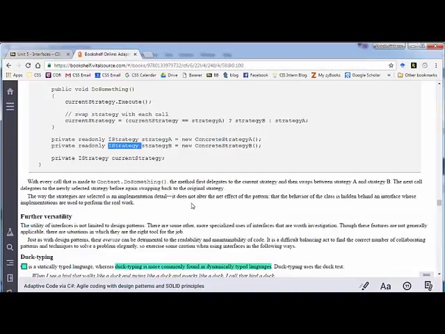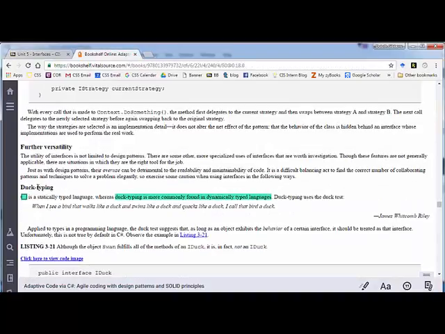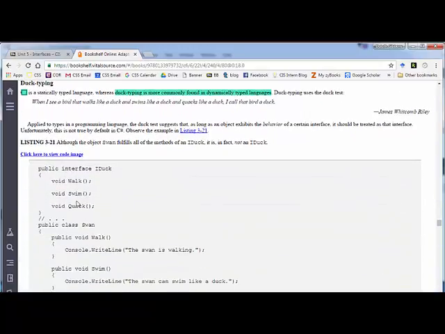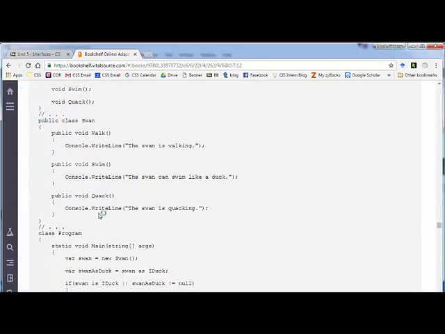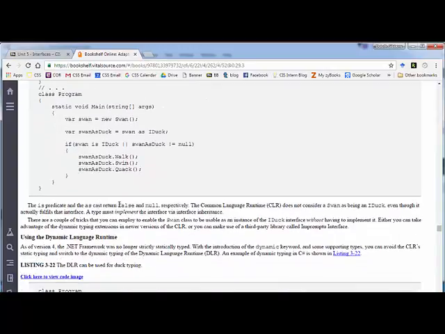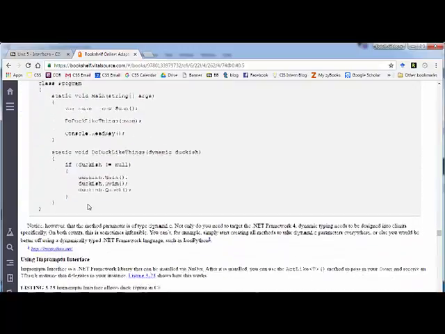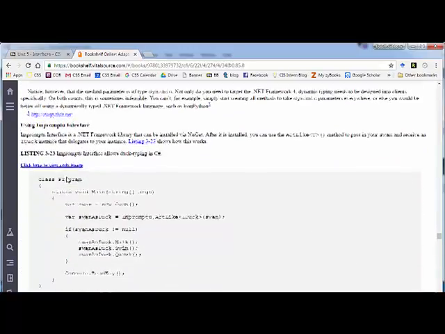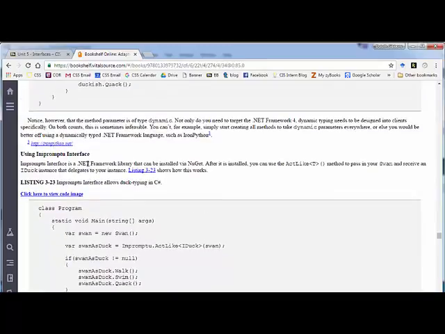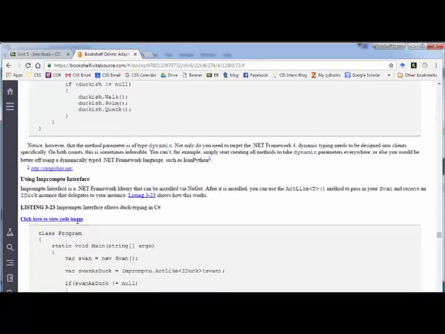Okay, so that's the strategy pattern. Now we get into some issues with duck typing, which we're going to skip over. We're going to skip over much of the rest of this chapter. Duck typing is if some code walks like a duck, swims like a duck, quacks like a duck, we can call it a duck. And so, if something does everything an interface does but doesn't say it implements it, can you automatically assign it? This is used in some languages with loose typing, and we're not going to get into this issue